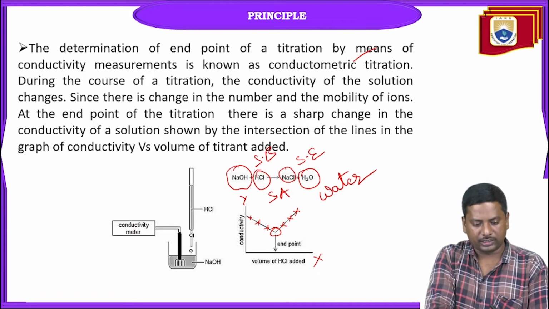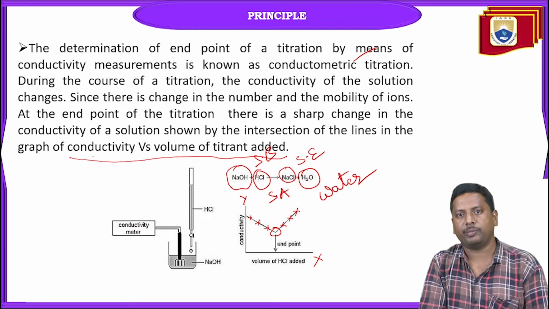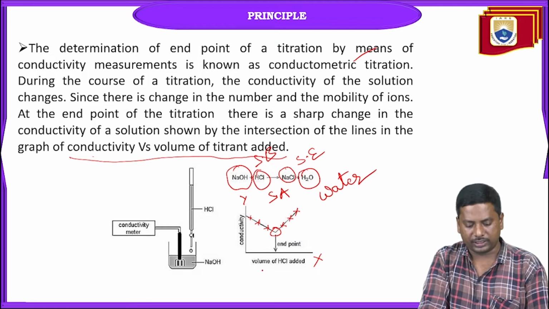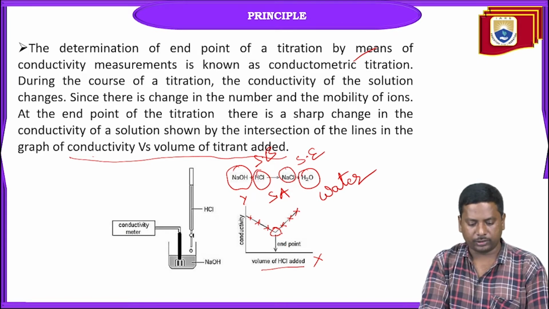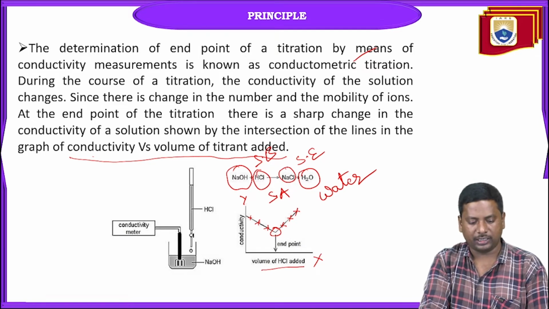So by the intersection of the two lines in the graph of the conductivity versus volume of the titrant solution added. These are the parameters taken on the horizontal axis x and vertical axis y. On the vertical axis we take the conductivity parameter, whereas on the x axis we take the volume of HCl added. By taking points and drawing the two straight lines, the intersection of the two lines gives the end point of a reaction. And the basic diagram: the hydrochloric acid, a strong acid, will be taken in a burette,